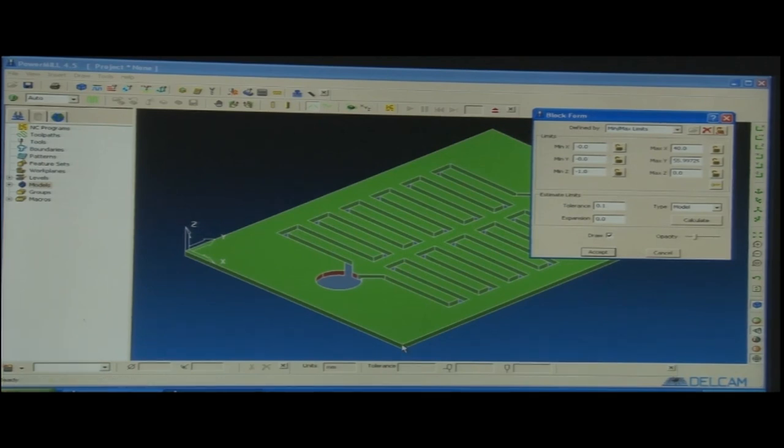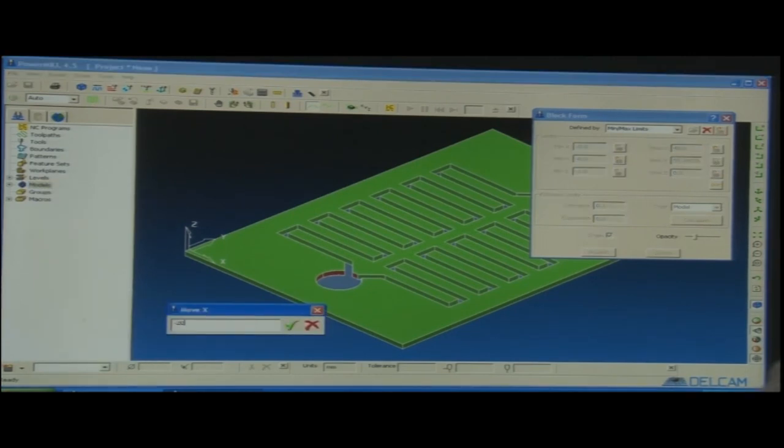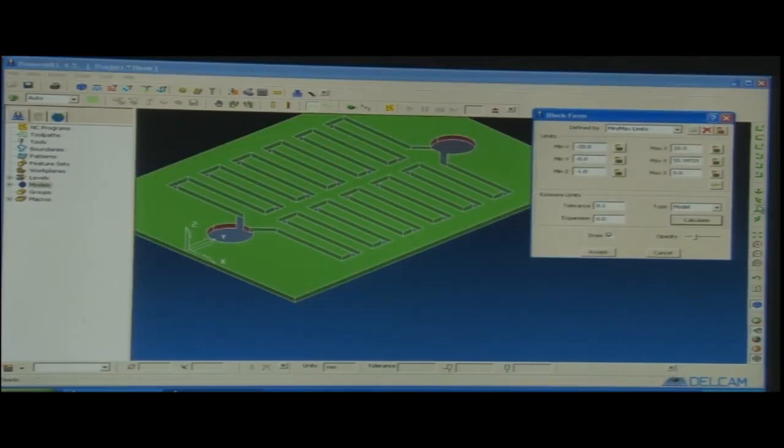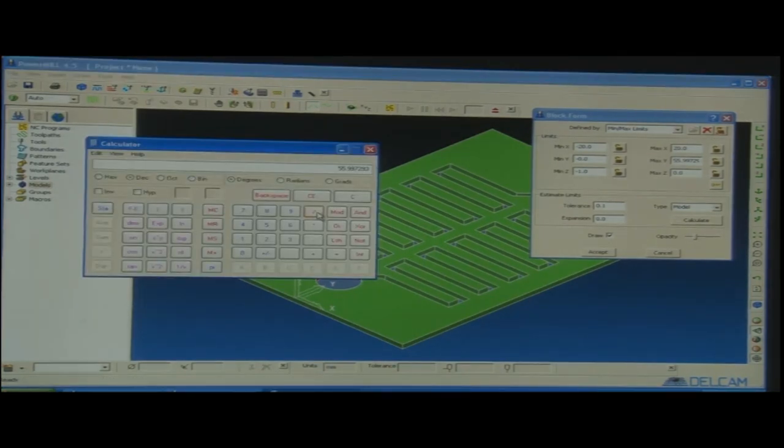Anyway, we could have taken any of the corners as the reference, but just to pick the center of the job as the reference, we move x to minus 20, because the total width for x is 40, so 20 brings it to the center of the x dimension of the workpiece. So it is at the x center. For y, it is 55.99. I need to take half of this value, divided by 2.